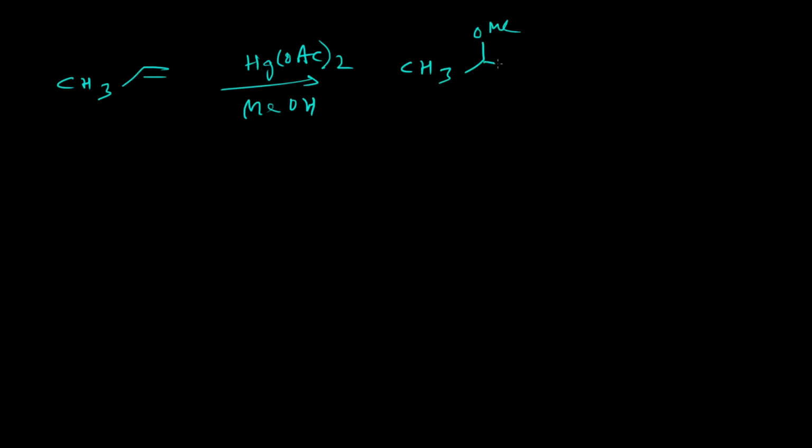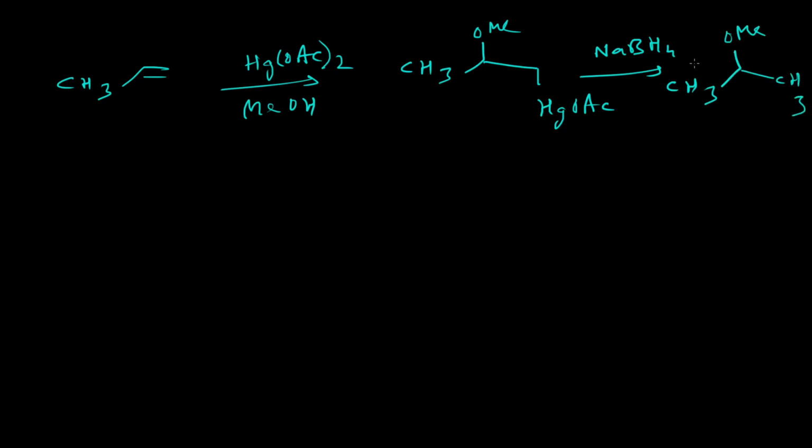Okay. So now, if the reaction is carried out in different solvents like methanol or any alcohol, let's say, then there will be formation of this intermediate first, and then reduction will lead to the formation of our desired product. So here again we can see that direct ether formation is taking place if we take any alcohol in place of water.